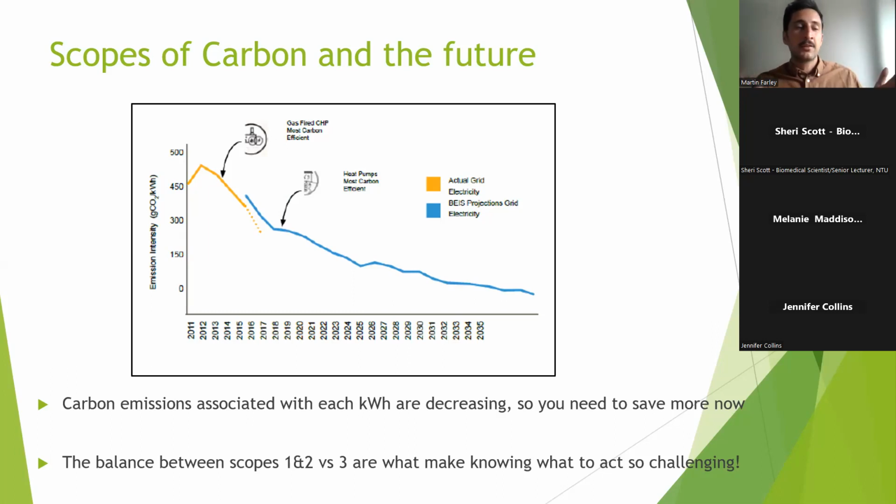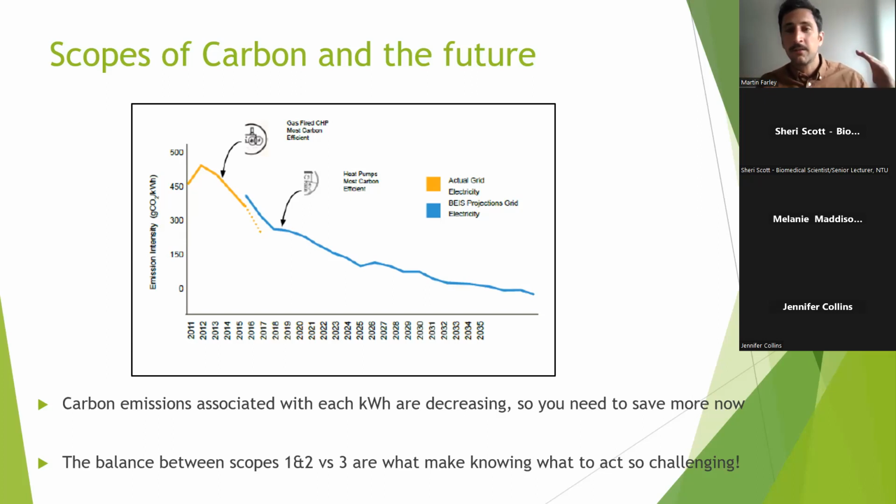But scope 2 is essentially this electricity consumption, and over time we'd expect the associated carbon to go down because you get more wind farms and more use of solar. It's not as fast as we'd like, and to be frank, as we need, but this is the plan, if everything goes to plan, which things change. But anyway, this is on a national scale.